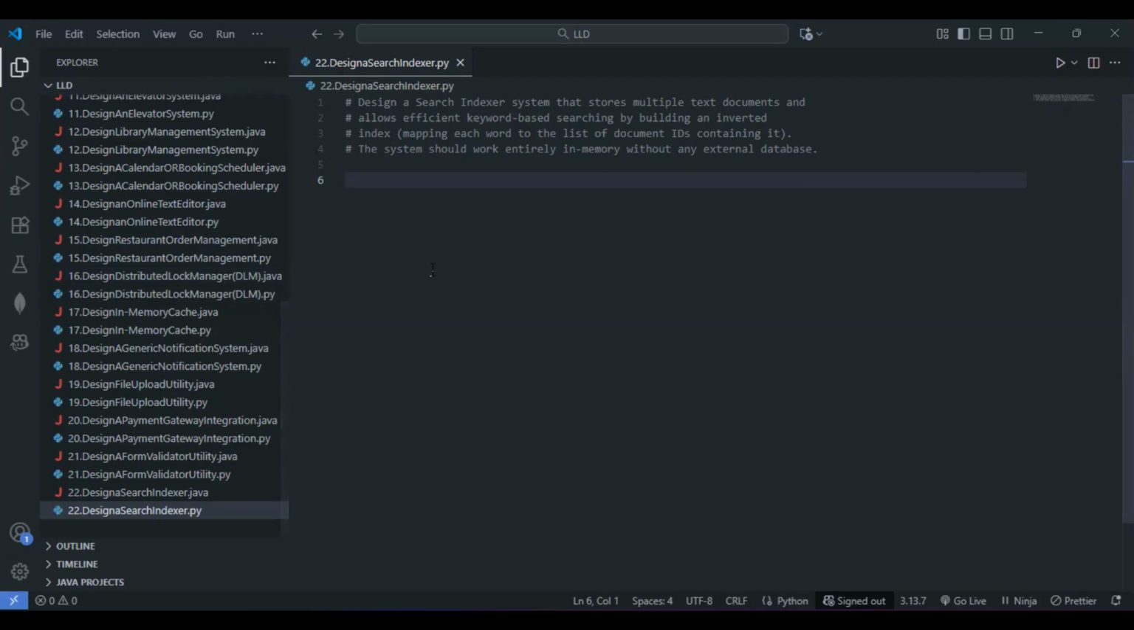Hello everyone. So previously we had successfully designed a form validator utility, right? Today we are asked to design a search indexer. Let's see what the question states here. Design a search indexer system that stores multiple text documents and allows efficient keyword-based searching